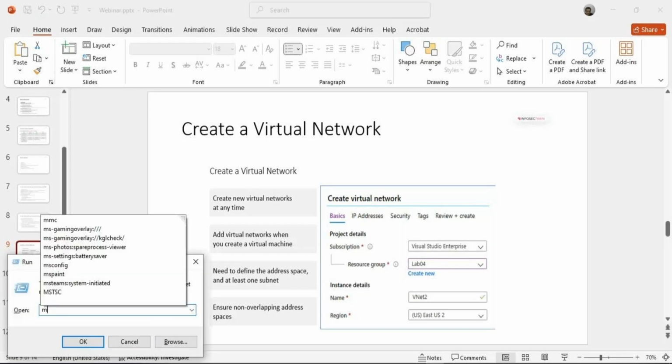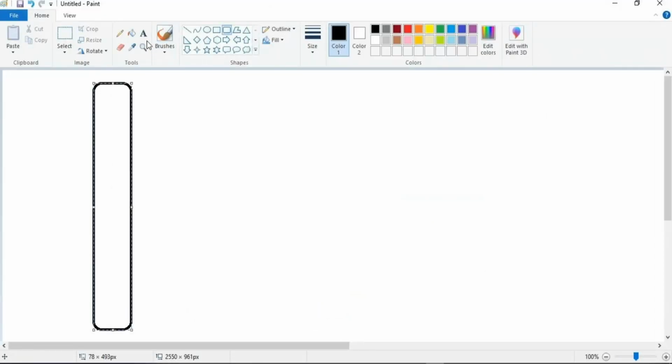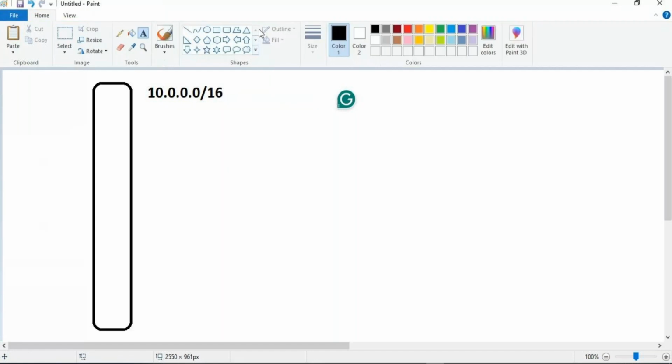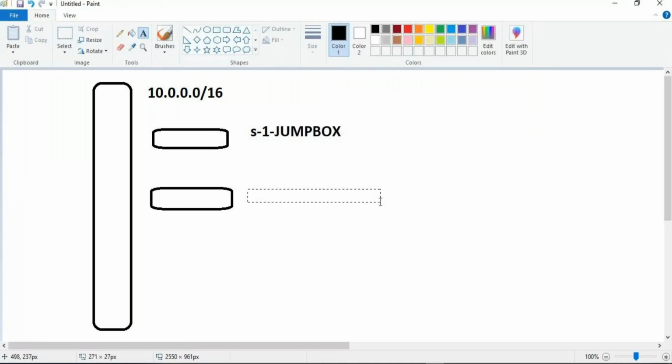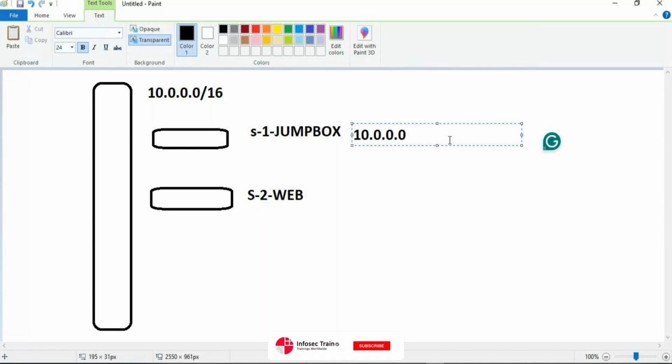So now we have a VNet range, say 10.0.0.0/16 overall range, and logically small subnets. Subnet number one, say my web subnet or my jump box subnet. This range will be 10.0.0.0/24,